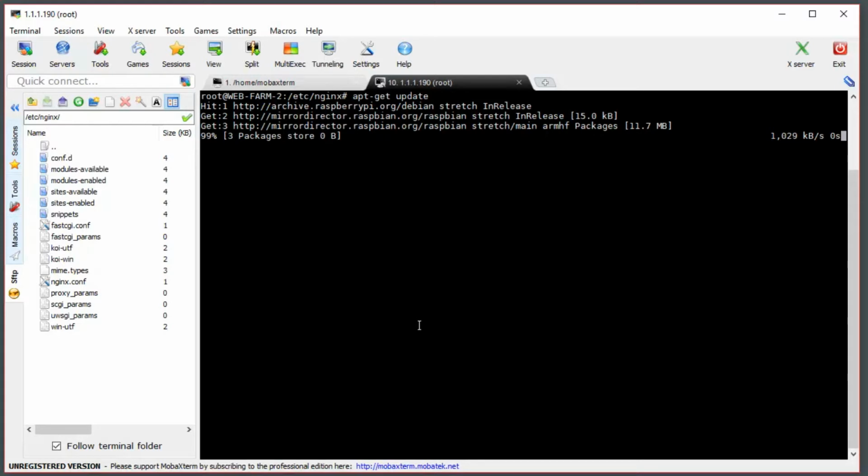If you want to go install Python or PHP for some advanced web services, feel free to do that later. But for the purposes of this demo and what we are trying to accomplish here, I'm just going to keep it to bare bones Nginx with a default HTML page